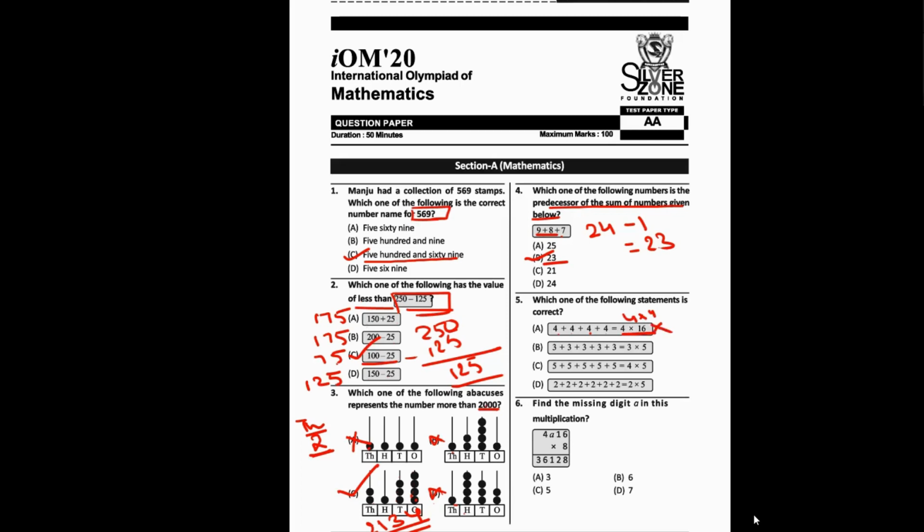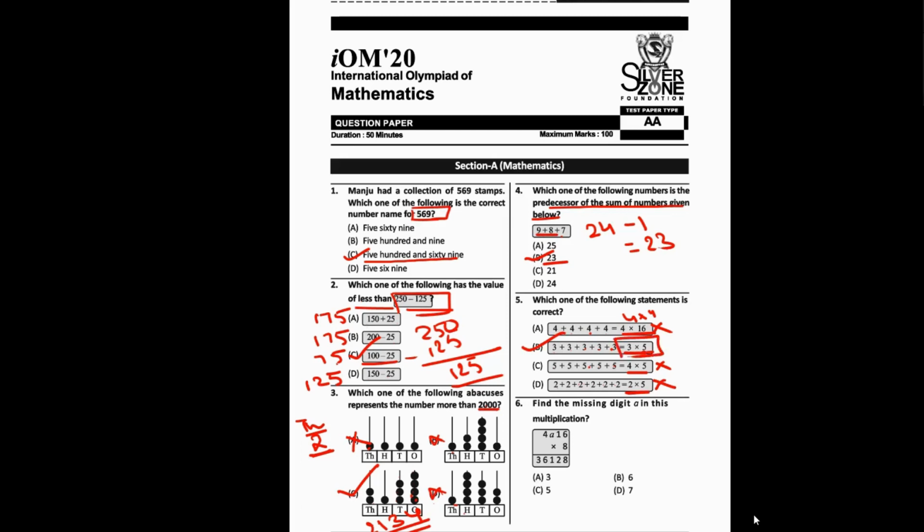Next, 1, 2, 3, 4, 5 times 3. This might be correct. Then 1, 2, 3, 4, 5 times 5 is again not correct; this shows 4 times 5. And lastly, 1, 2, 3, 4, 5, 6 times 2. This is 2 into 5. It should have been 2 into 6. This is also not correct. Hence, option B is the correct one, which shows 3,